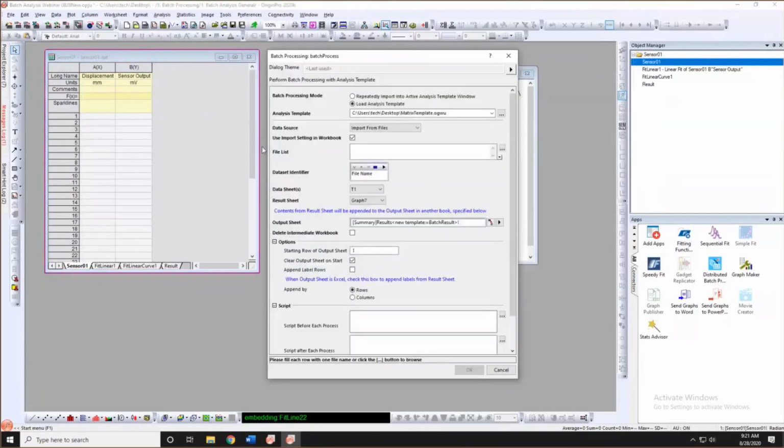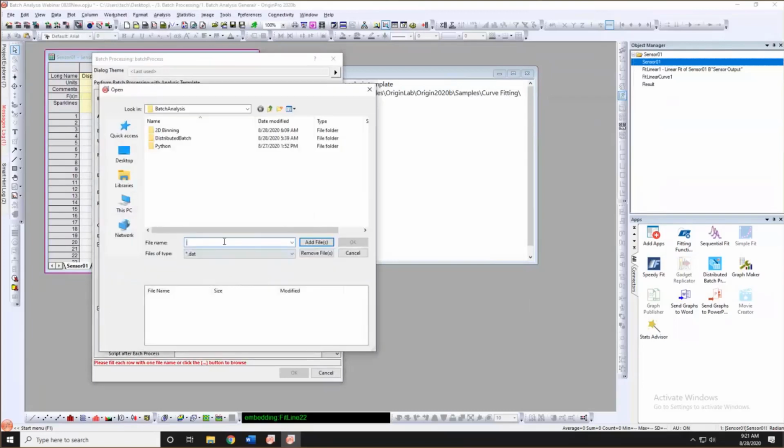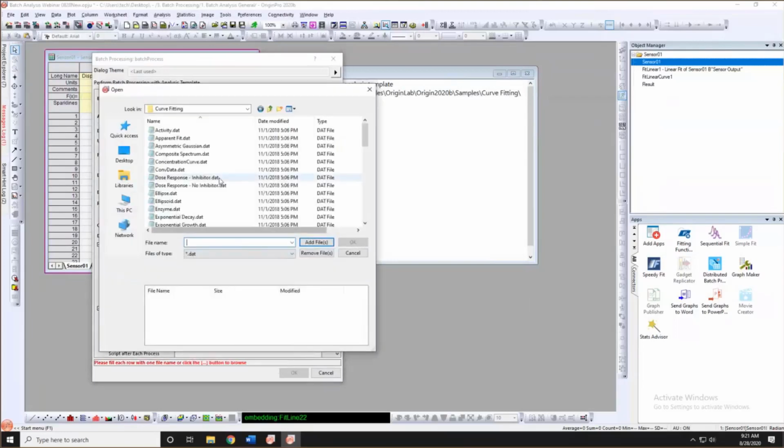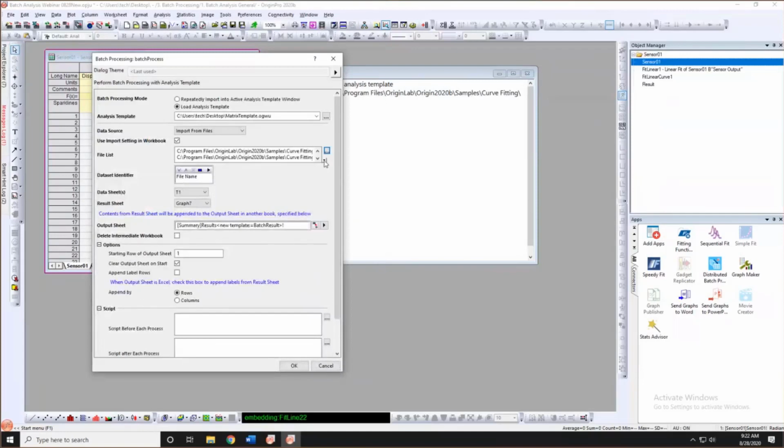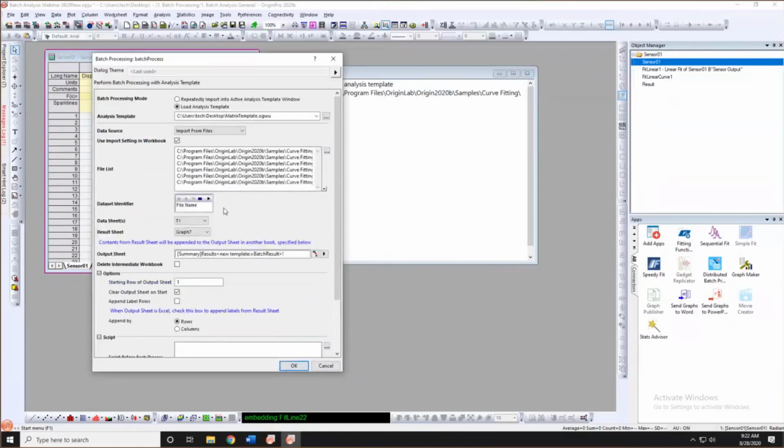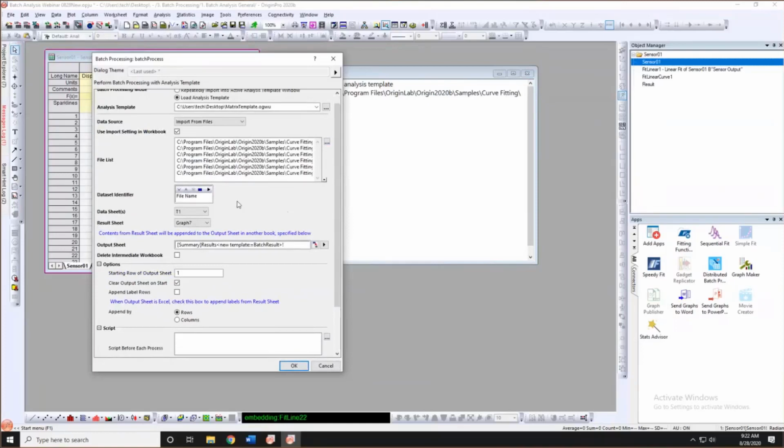Okay, let me find the other files. Okay. So in this case, I'm going to do sensor 2 all the way to sensor 7. Okay, so the data files will be listed here, and the data set identifier. So each one has a different name. So the file name can be a good data set identifier, and the